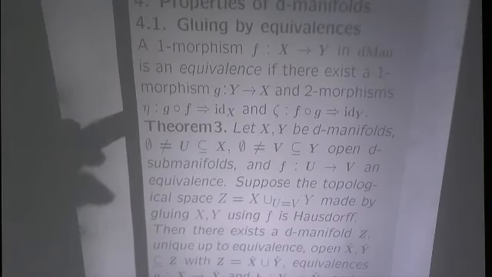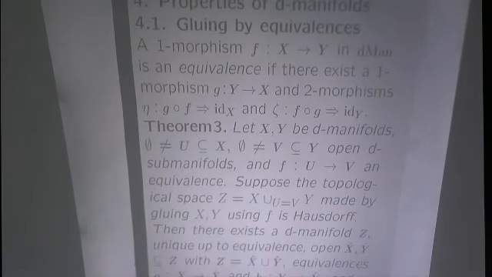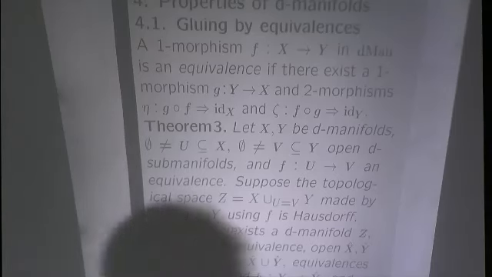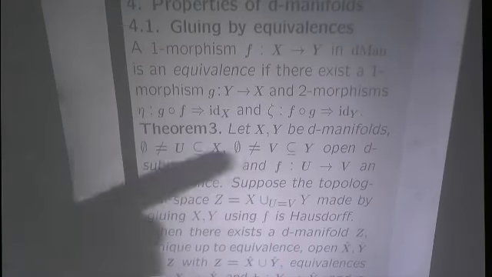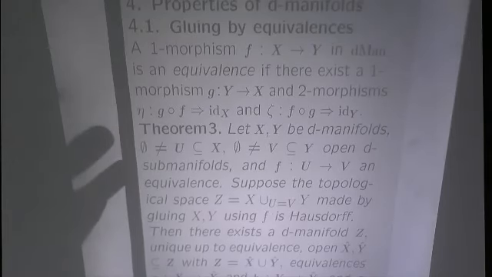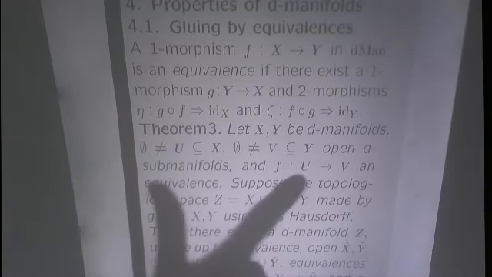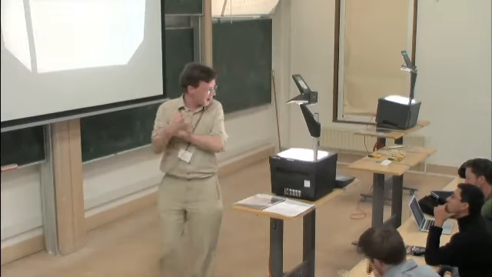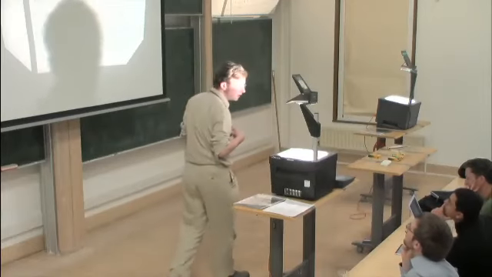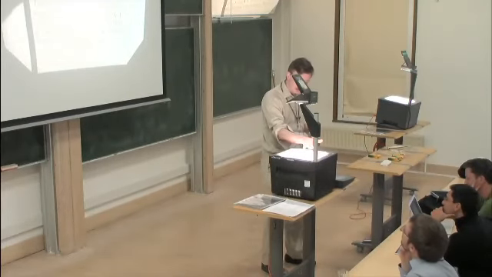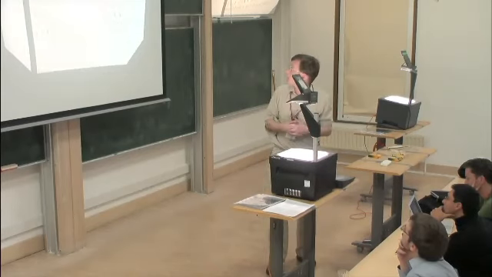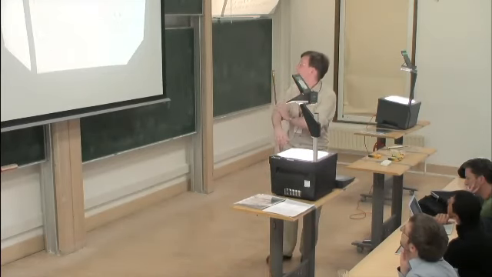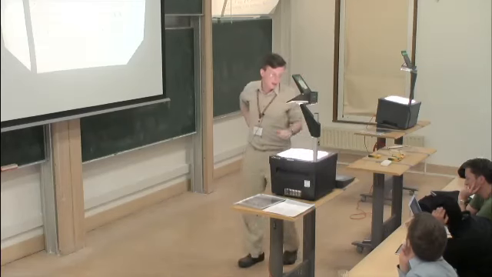So here's a theorem which allows you to glue two D-manifolds by an equivalence of open subsets. So if X and Y are D-manifolds, and U and V are non-empty open D-submanifolds, and f is an equivalence from U into V. Our D-manifolds are required to be Hausdorff as topological spaces, so we have to impose the condition that the glued topological space Z, which is X union Y, where we identify points in U and points in V under their images in f,